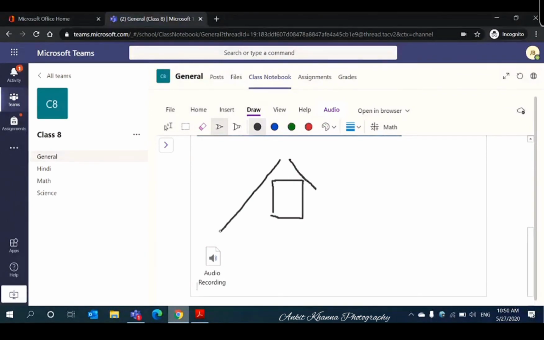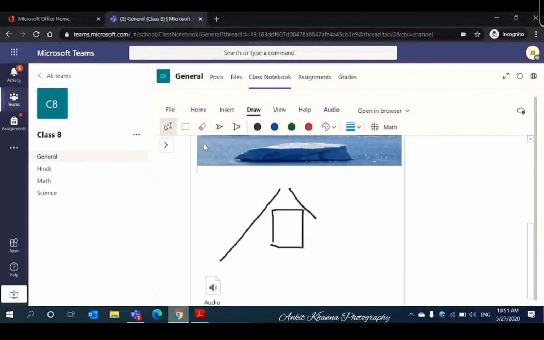So this is how your kid is now able to express. Not just typing, because whenever we see Word, Excel, PowerPoint, we have only one vision, that is typing, that boring typing. But apart from typing or adding text, there are so many features our student can utilize to express themselves. They can send audios, they can draw something, or they can add images. Even if they want to add text, really, they don't need to type anything.